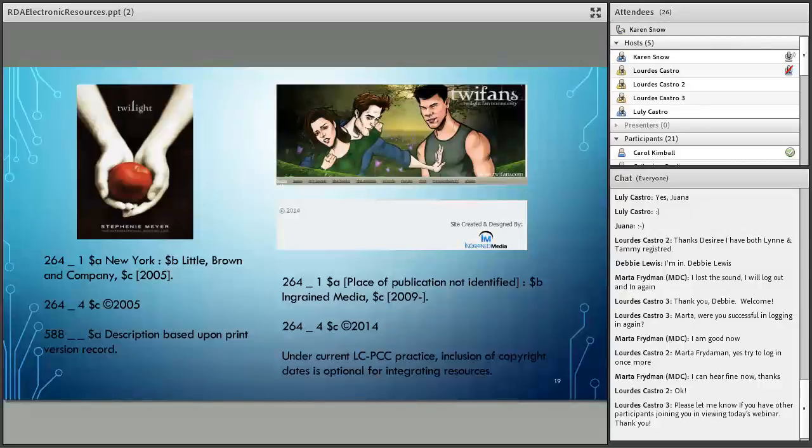We can still include that copyright date in our record, because that's what's on there, even though LCPCC practice says including the copyright information is optional. So you may not see that very frequently in the records. But you want to put the 2009 in square brackets and then a hyphen there to show that's when the website began. And here I wasn't quite sure where.